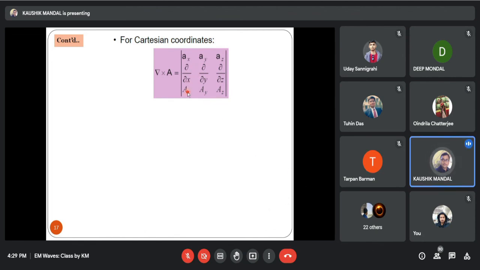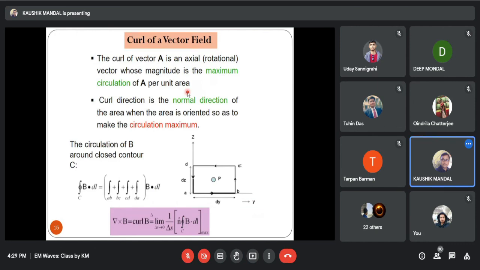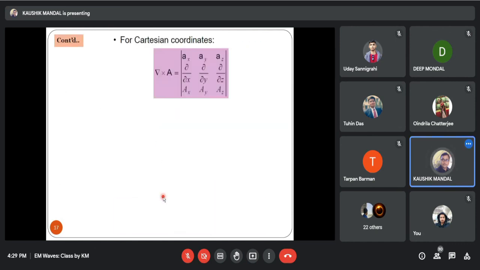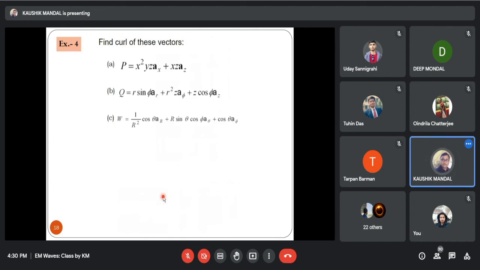del Ax del x, that is written from the basic equations. From these basic equations it is represented in the matrix format. This is the curl of a vector in cylindrical coordinate system, and this is the curl of a vector in spherical coordinate systems. Considering the problem, you have to choose any one to solve the corresponding problem.